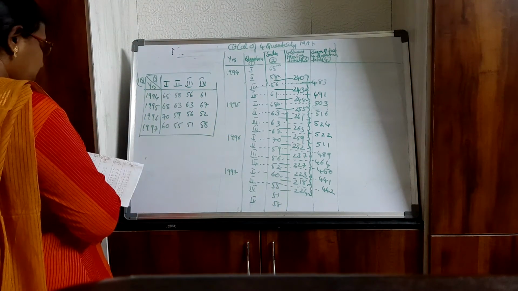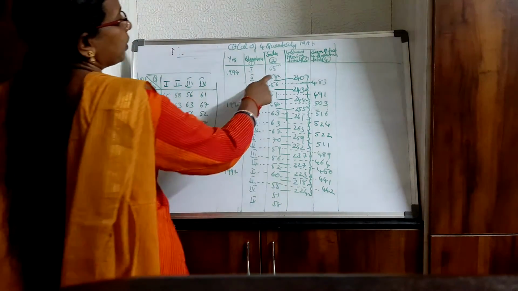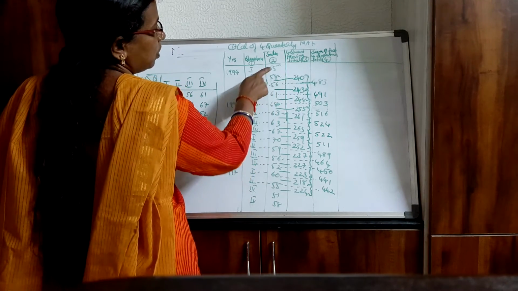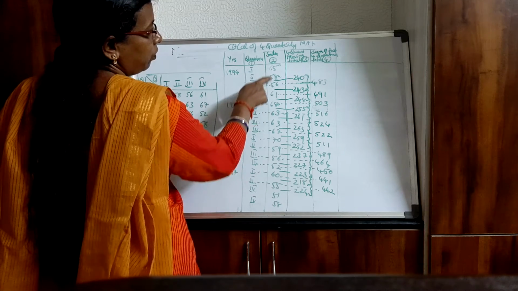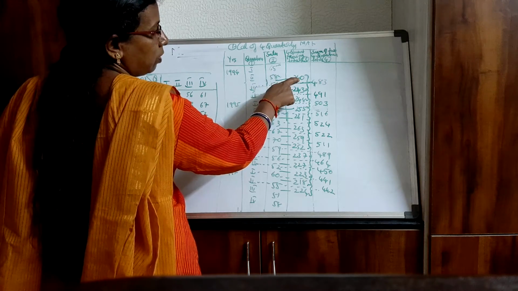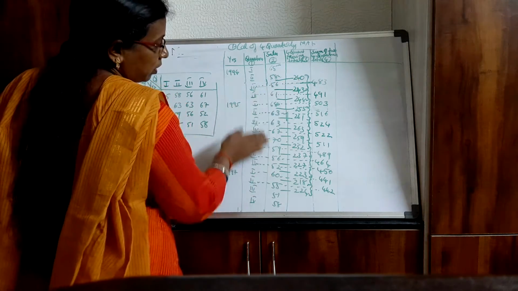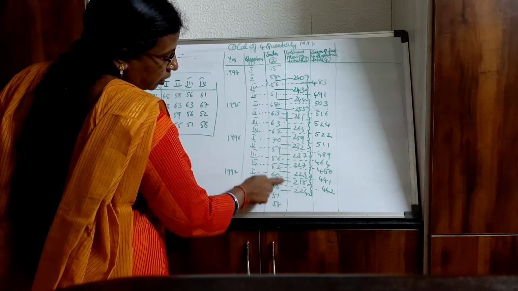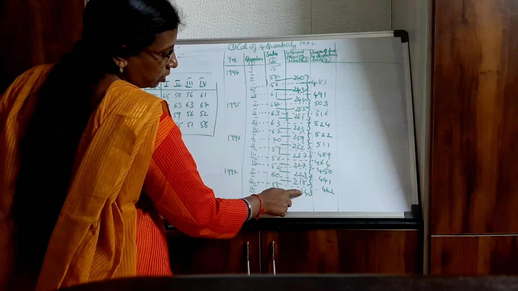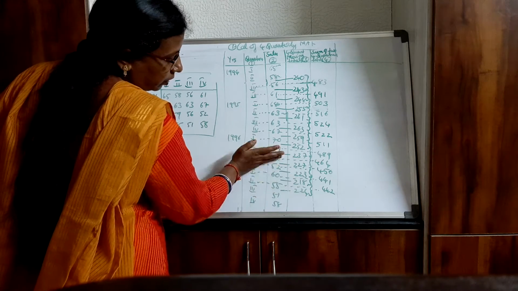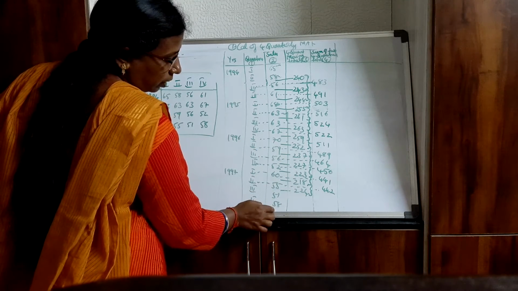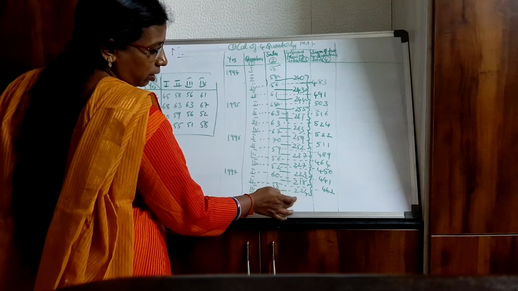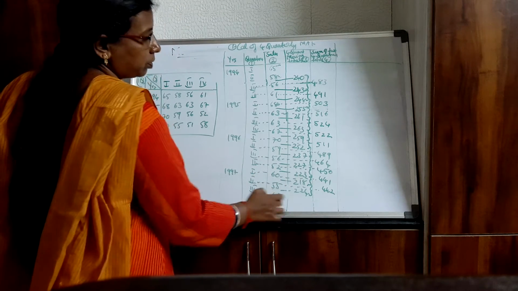So here in these 4-quarter moving totals, for the first 2 quarters you are not getting any values, because you have added the 4 values and written the value against the middle one. Likewise, when you are deleting and adding, you will get the last 4. When you are adding these 4, you will get this total. When I am removing this and I have to add the next 4, I don't have any observation. So I will stop here only. That's why you will not get values for the last 2 either.